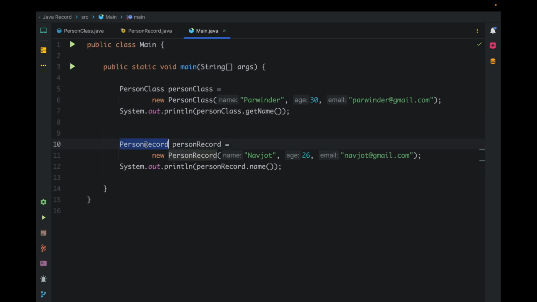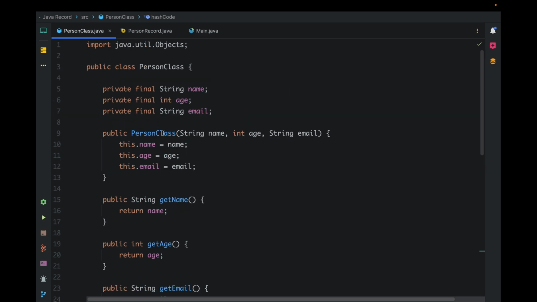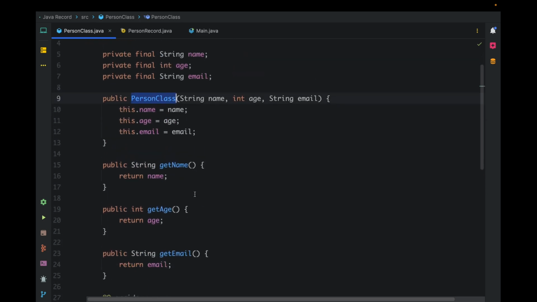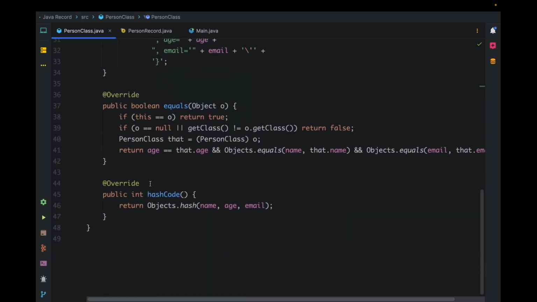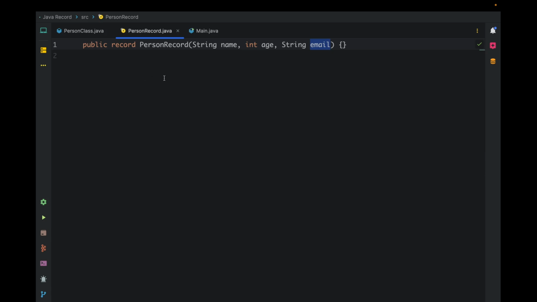So records just reduced a lot of boilerplate code, which contains the properties declaration, constructor, getters, toString, equals, and hashCode. So this is, we can say, kind of a shortcut to create an immutable data carrier class. There is a lot more in records that we can do, so we will be discussing all of it one by one. So the first thing is,